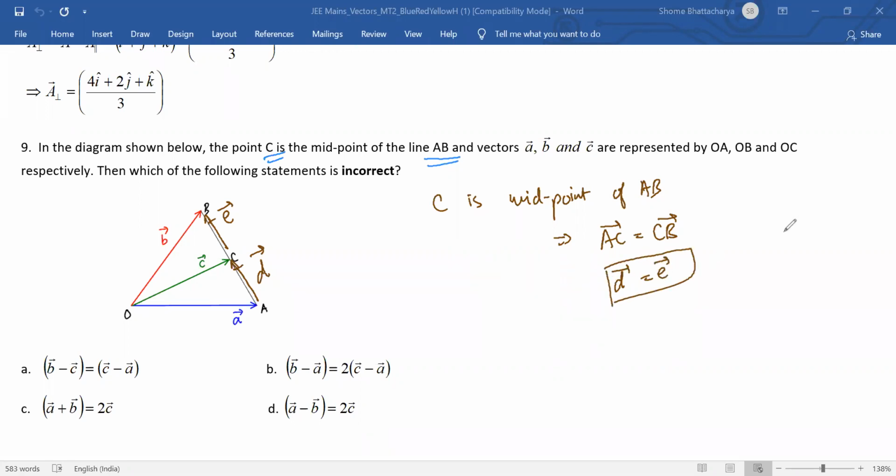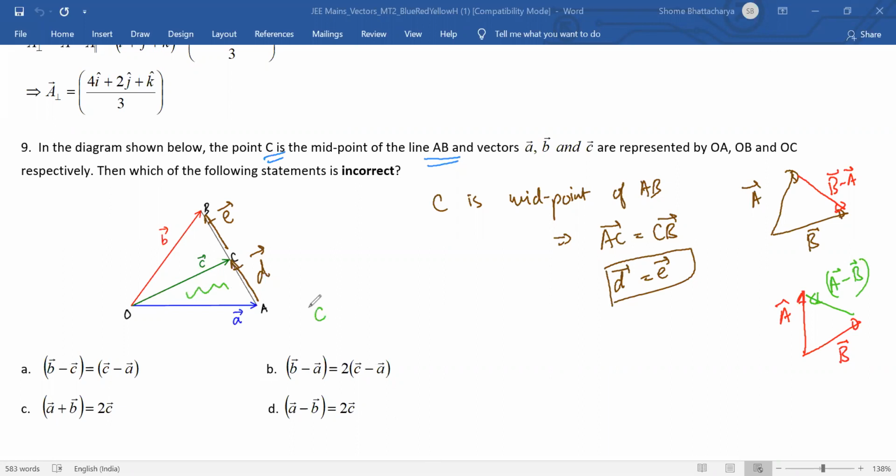Okay. Now the other thing is, whenever I draw any two vectors like this, let's say this is A and this is B, then this vector is nothing but, in this case, B minus A. Or if I draw the vectors like this, and I draw the third vector going from head of B to head of A, so that becomes A minus B. Okay, so now apply that to this triangle first.